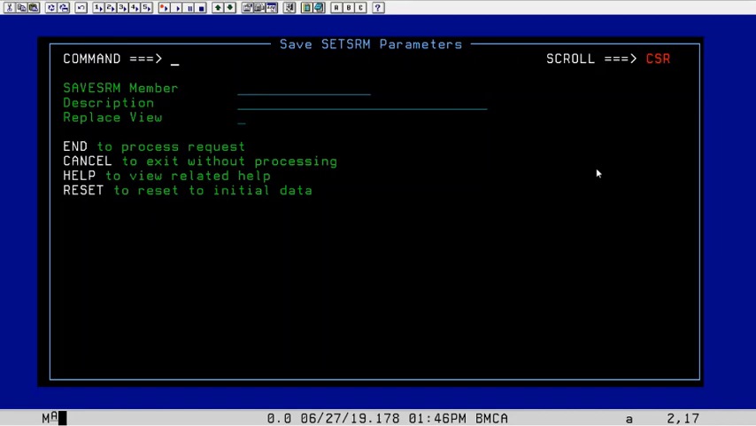So now we have our input dialog, and we're going to call this RDG greater than 5 days. And we'll give it a description. RDG data sets greater than 5 days referenced. All right, and we don't have one of these views already out here, but we're going to give it a replace of Y just in case. We may have one. We'll hit PF3